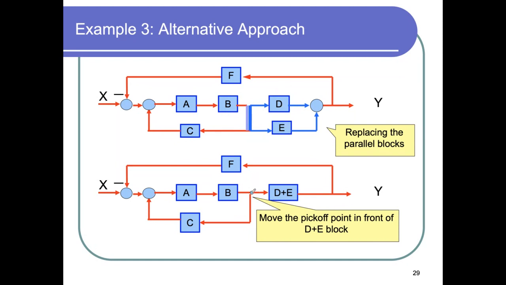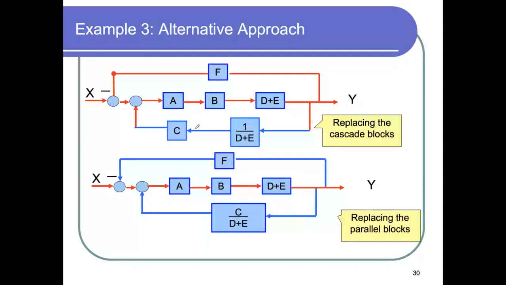Just to elaborate on the difference between the two. We go back to the same denominator, 1 minus ABC. Multiply the numerator and the denominator by 1 minus ABC. This is equivalent to, let me use a different color here. Let me use black. So we will have AB(D plus E) over 1 minus ABC